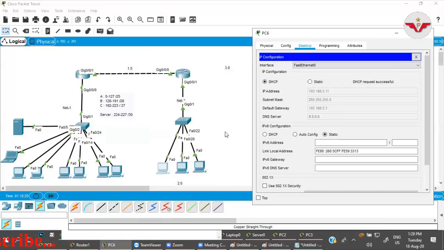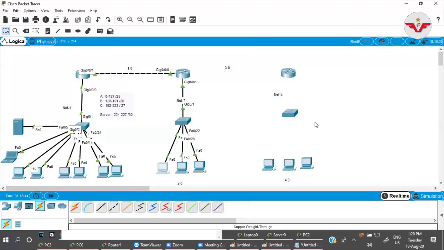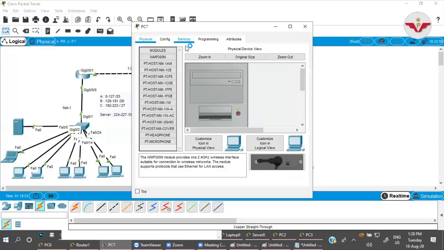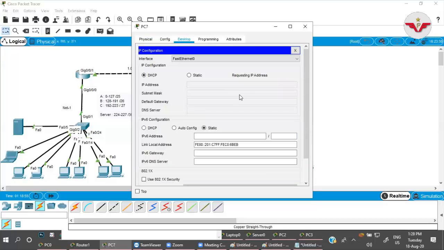But the demerit of that in a real environment is, if that interface goes down, say a fiber cut, all the networks will go down. So this is how we can do that. Now on this network, we will configure this router to give IP addresses to the PCs of that network. One second, and then I will write all the commands.